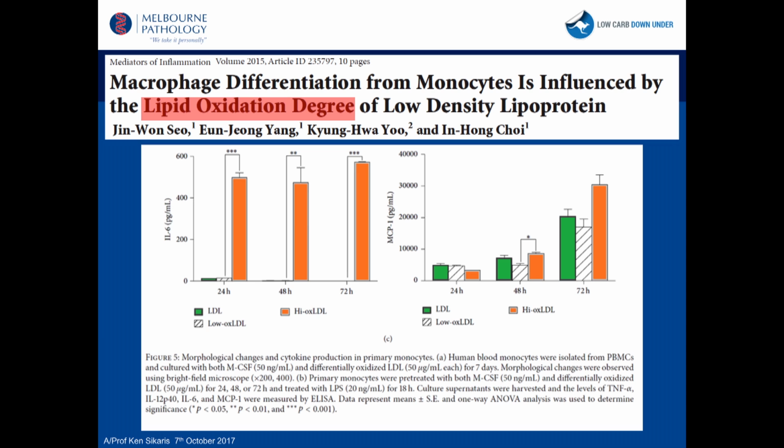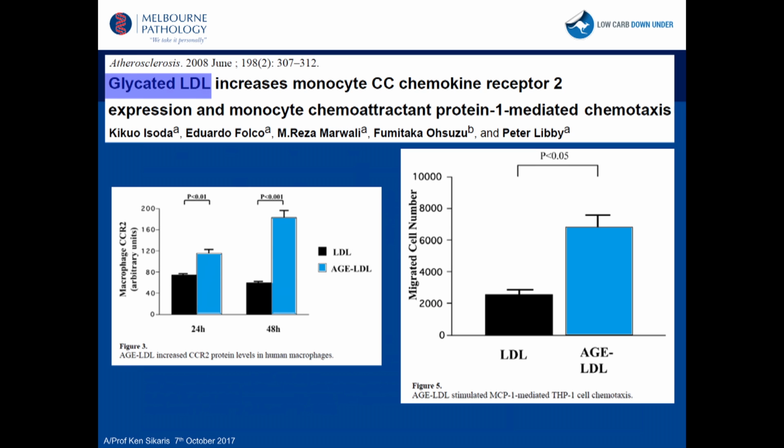If the lipids are oxidised in that particle, then they also make cytokines. They send messages to the rest of the body saying, there's a war going on here, lots of stuff to eat, let's all build up. So this is the source of inflammation in the plaque. If they're glycated, they're sending out messages to say to their friends, come over here, migrate to where the battle is. So there's a whole lot going on in the plaque stemming from the LDL that's getting into the plaque and its oxidation and